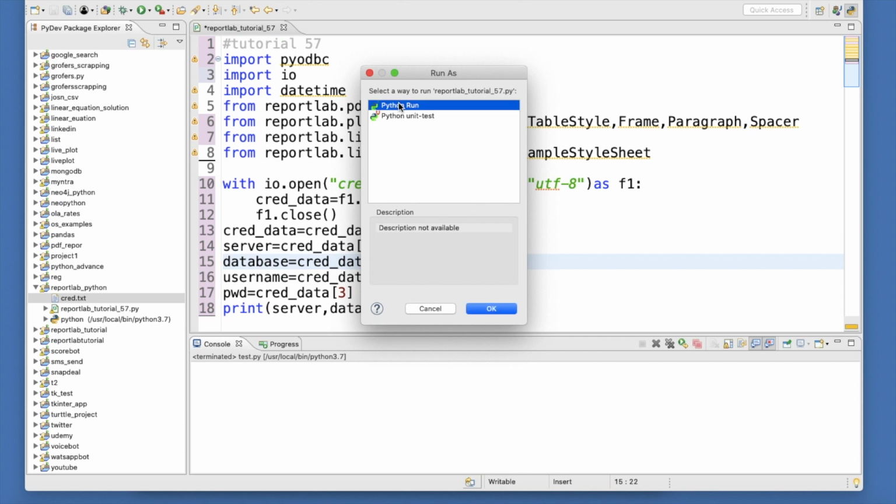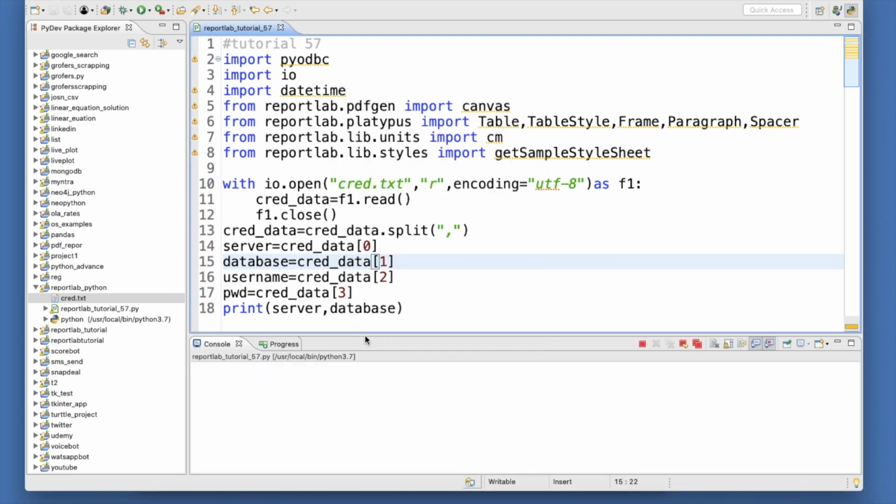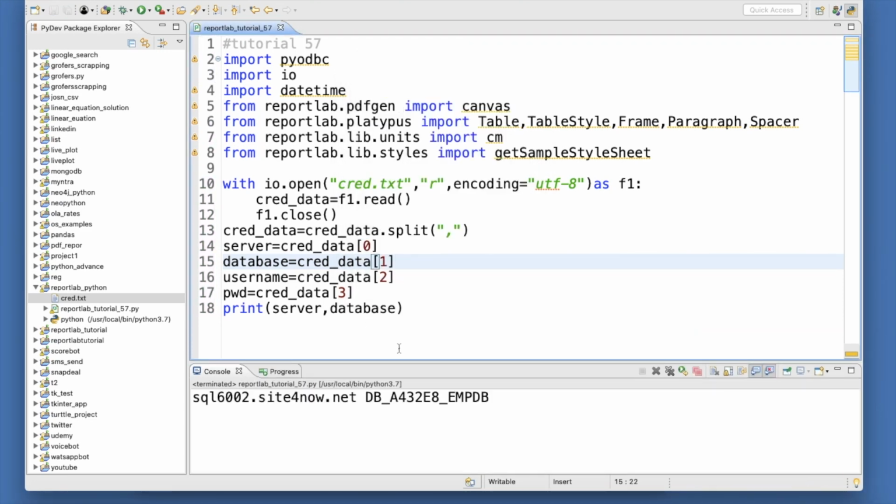So see, this is my server and this is the database. Okay, so everything is coming quite fine. So now I'll be going to create the connection object from the Odbc. Okay, so we'll be going to create the connection object first, right? So